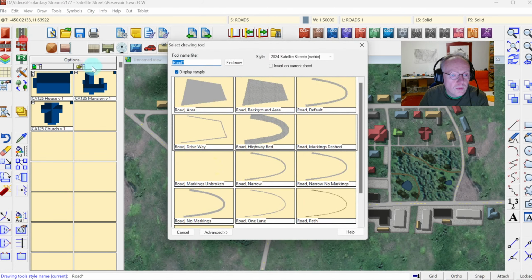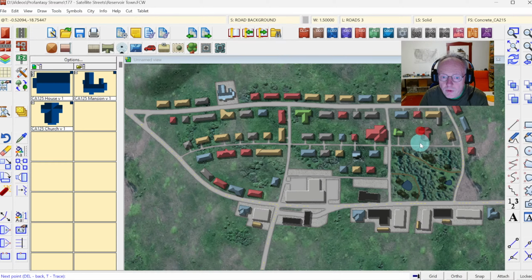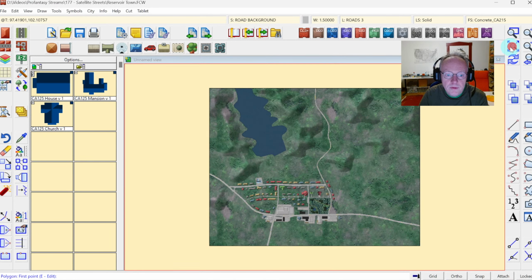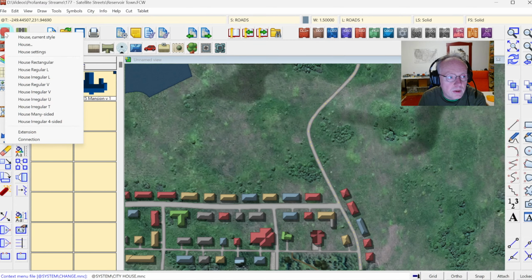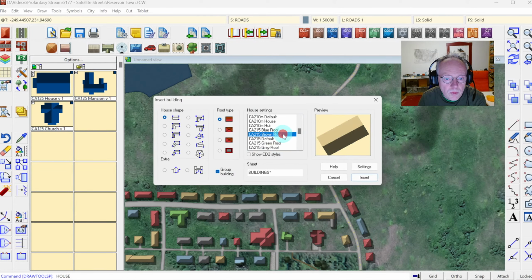I did want to put a little bit of background area here in front of the church. And there we are. And this is how the town is starting to take shape. Obviously, we would go in and add additional buildings and houses a little off from the village. So, for example, if we had a farm somewhere here, I could go in, grab the house, just the brown roof with the angled rooftop,